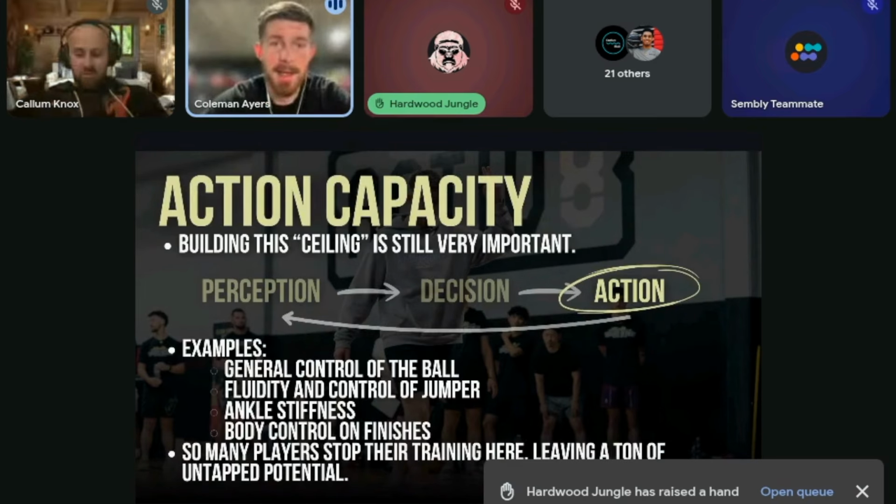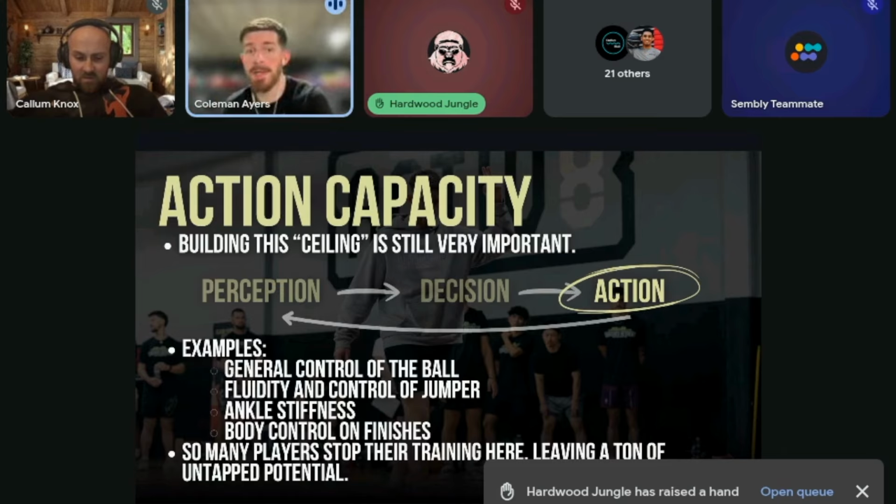Now, with that being said, building the ceiling, I like to call it, or action capacity, is still very important, right? And this is, I don't want to say the bulk, but a lot of what we will do with our on-air drills, where we don't always need the perception and decision. Sometimes it's just about building the capacity at which we can execute this action. Sometimes players will have the perception to see it like an affordance or an opportunity, right?